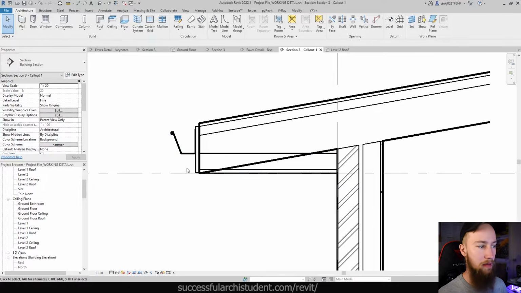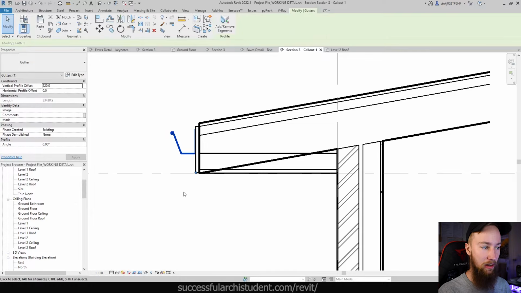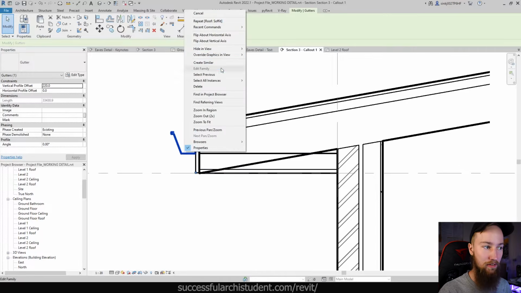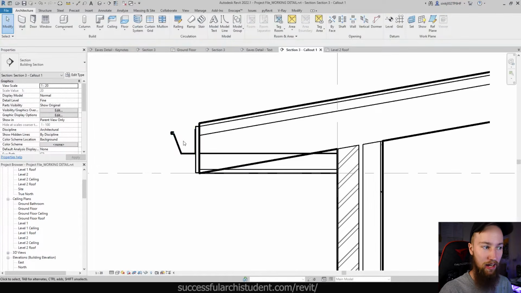I've seen a lot of people, let's say that their gutter was down there and they wanted it to be where it is now. What I've seen a lot of people do is hide that element in the view by right-clicking, hide in view, element, and then just drawing it in up there because they didn't want it to move in the model. But Revit doesn't like that. What you want to do is try and get everything as realistic as it can be,